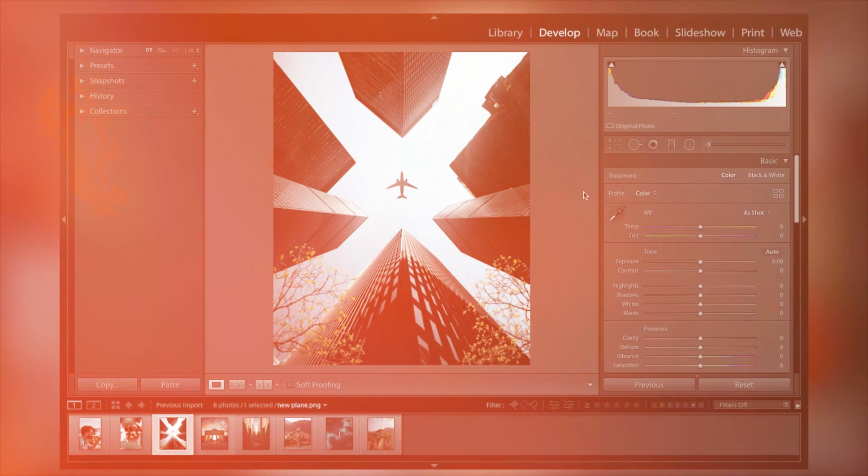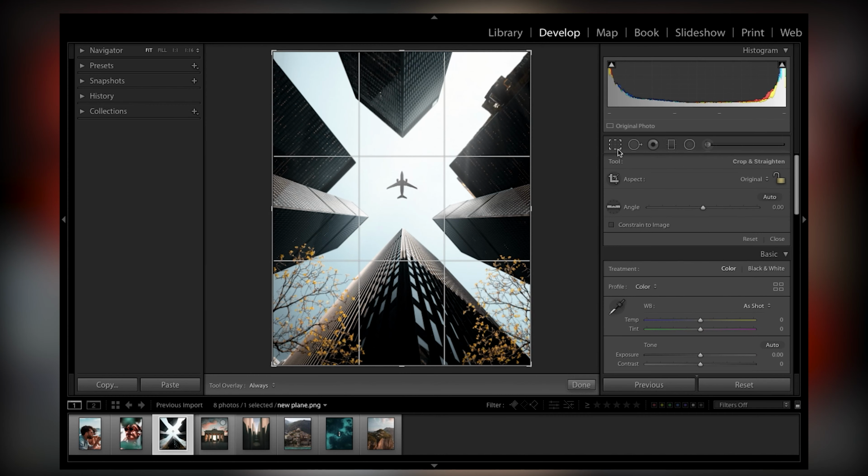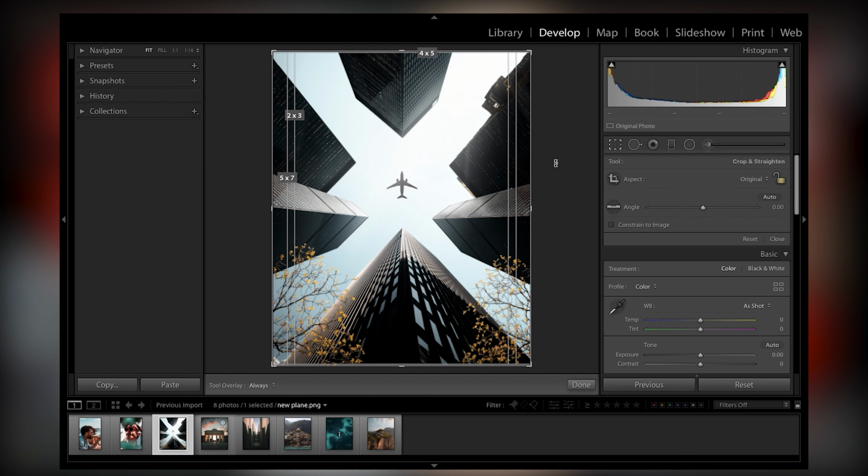So when you've fired up Lightroom and you're in your develop module and you've imported your photos, now on this screen all you need to do is come up here and click this button. And now when you're on here, you'll see that we've got the rule of thirds over our photo. But what Lightroom doesn't make obvious is that there are multiple more composition overlays. All you need to do is press the O key and you will see all different types of composition overlays